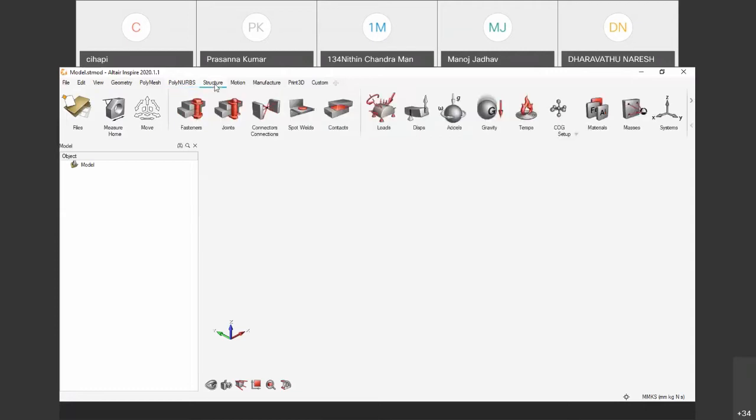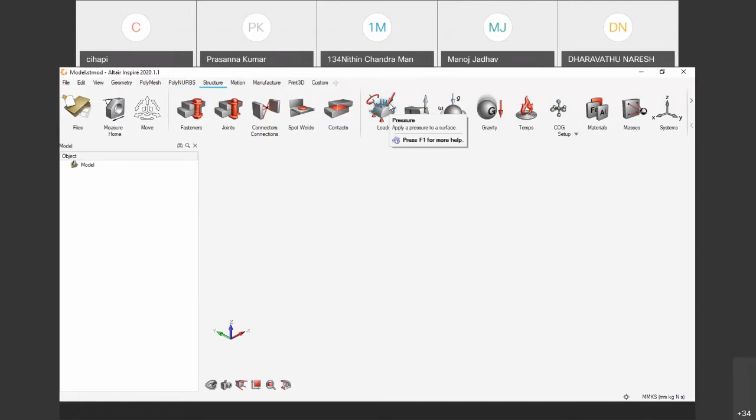Next, we have the structure tools. In the structure, if required, we give constraints while performing FE analysis. When you want to apply some pressure load and constraints and perform an FE analysis, we have loads over here.